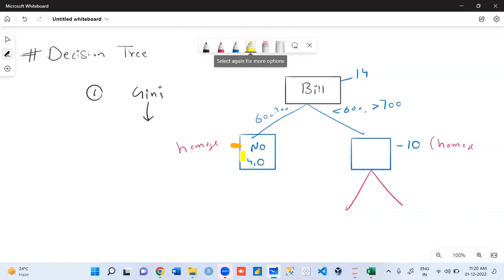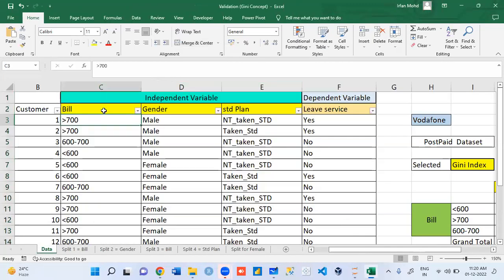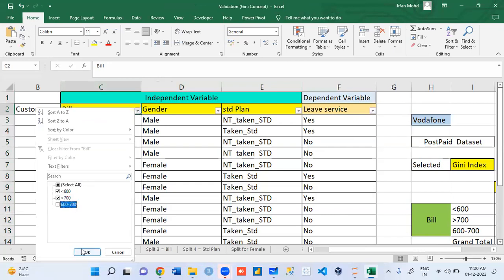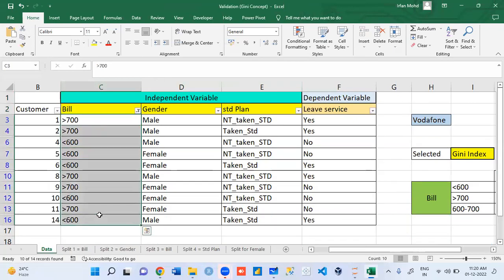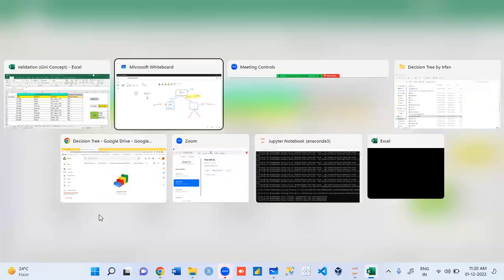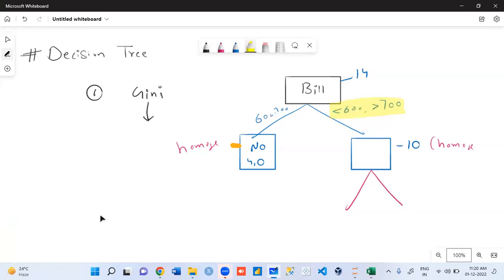How many levels we have in that 10 rows? If I go to my data, I remove this. ये 2 level remaining है. Question for you: how we decided bill variable, Akash? कैसे फाइंड? तो बिल का हाईएस्ट गिनी है, हाईएस्ट हुआ कैसे मालूम पड़ा? पहले आपने सबका इवैल्यूएट किया and you find the highest one.